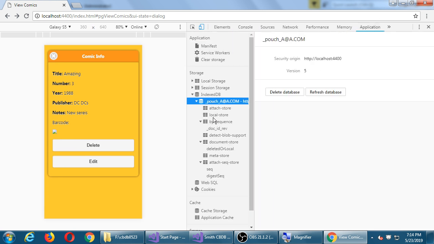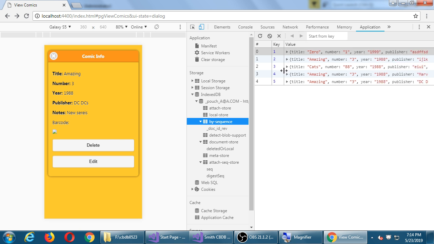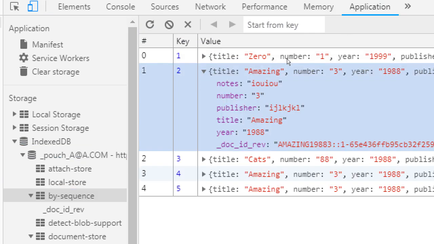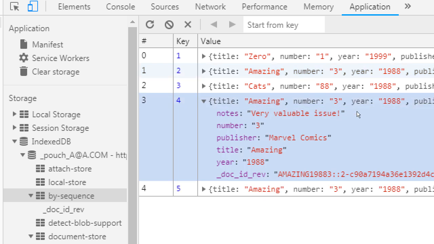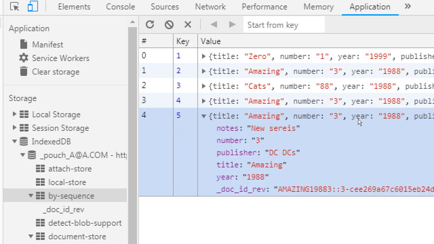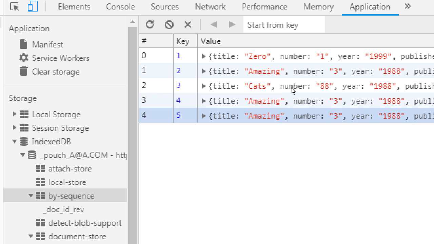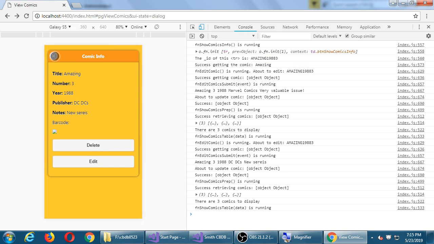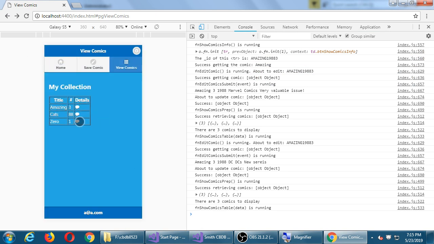Application, IndexedDB, by sequence, so I was editing comic Amazing. There is the original version, version 1 dash whatever, which had the gibberish, and then there was a version 2 dash whatever with that change, and now a 3rd version. So Pouch is storing different versions of your data. It would be up to us to program an undo sort of thing, but at least here I am seeing some changes. If I close this pop-up and I go to some other comic over here,